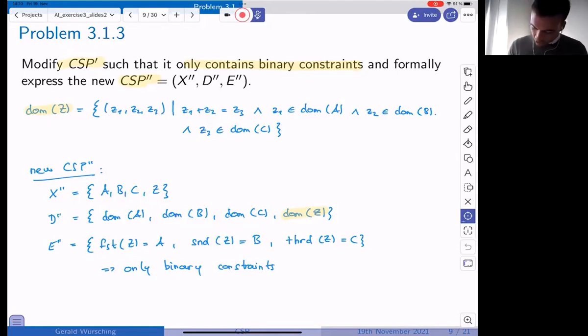So I'm not quite sure exactly why that is the case. I'll note that down, and then I think I'll answer this question in Moodle. I would have to quickly think about why we consider them. They are to some extent considered, but we still need them as constraints here. I'll take that question down. So thanks for the question, and I'll answer it on Moodle.